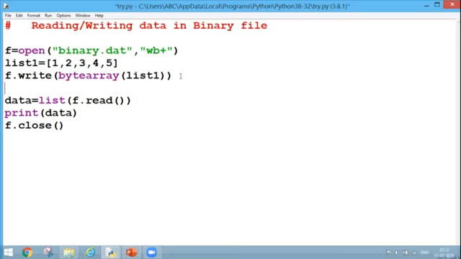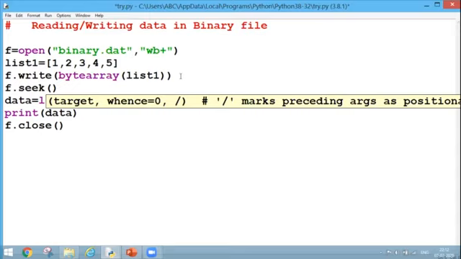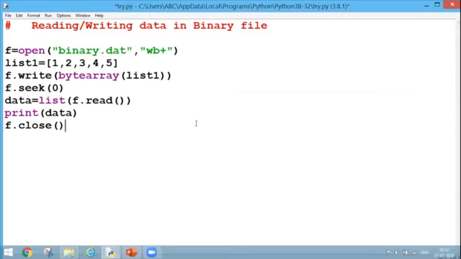For that, what can I do? I can use my seek method. And in my seek method, I can place the value 0. And 0 stands for the beginning of the file. That means it will place the cursor at the start of the file. Now, once I have placed my cursor over there, I start reading my data and finally I am printing it. So how does it work now?